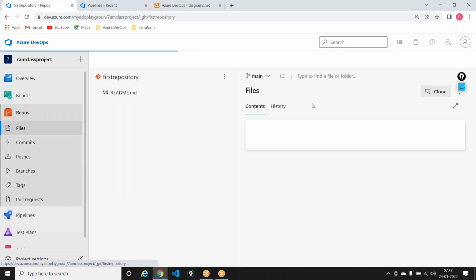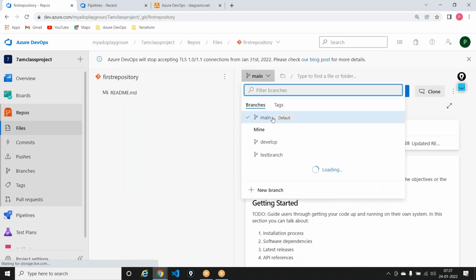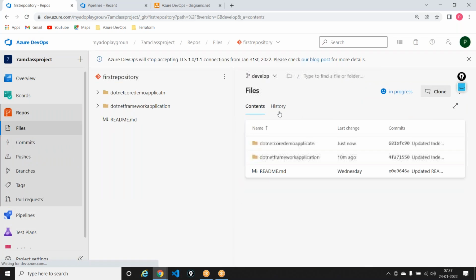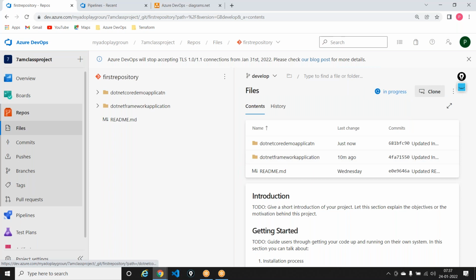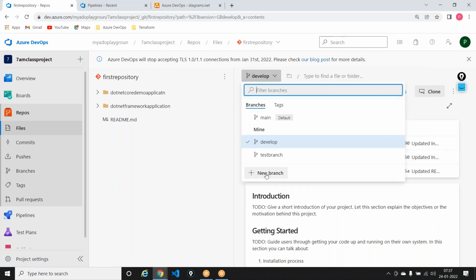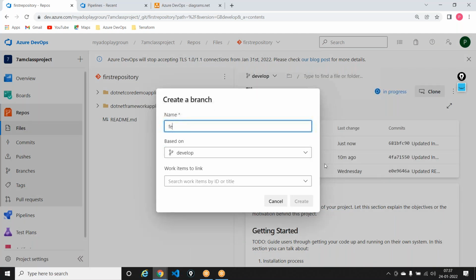So I'm now a developer who's updating my full framework. So let me go here into the develop branch, and let me create a new branch out here called feature. Let's say full framework. I'll say test,